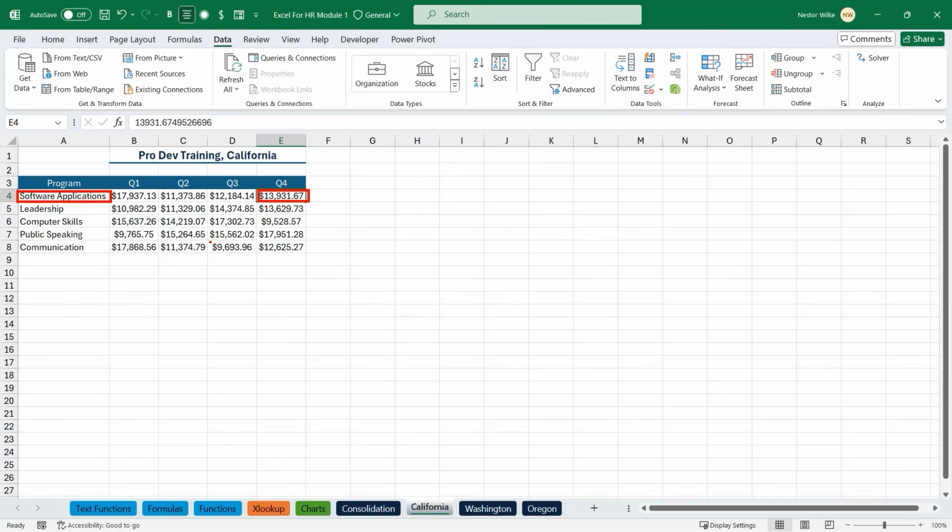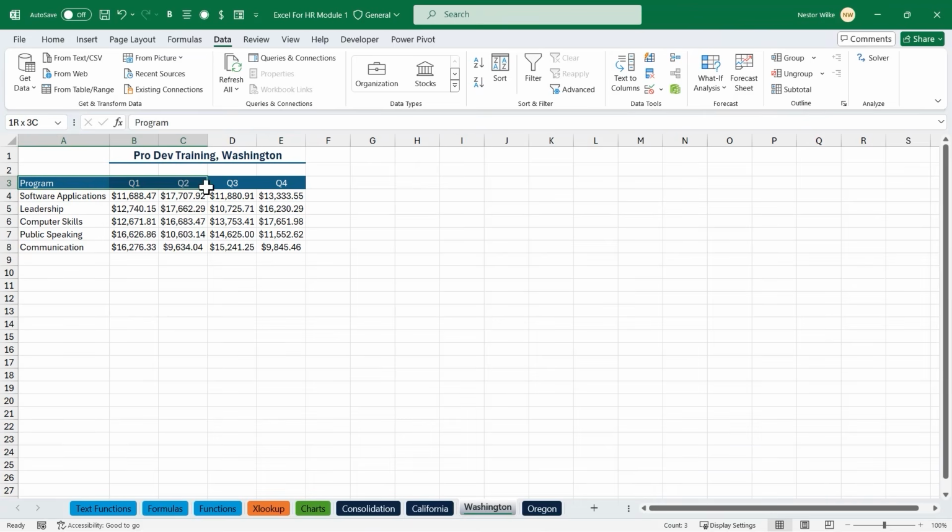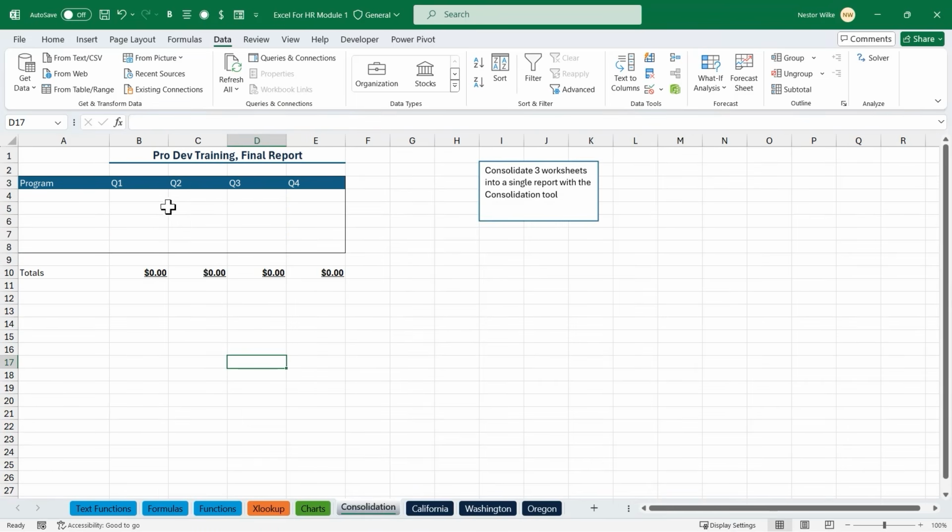In quarter 3, for communication, we spent $96.96. If I go to Washington, same headers, program, quarter 1, quarter 2, 3, and 4. Same labels as well, but each individual numbers. And then Oregon has their own number as well. So if I wanted to add all these numbers up at the end of the year, I would need to